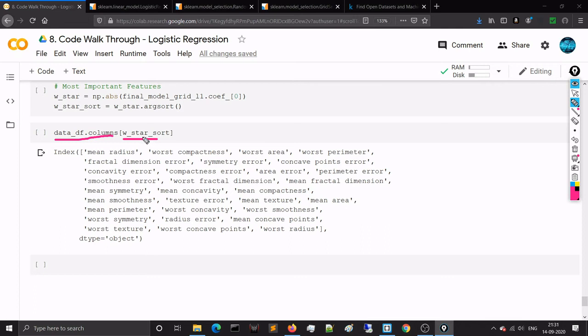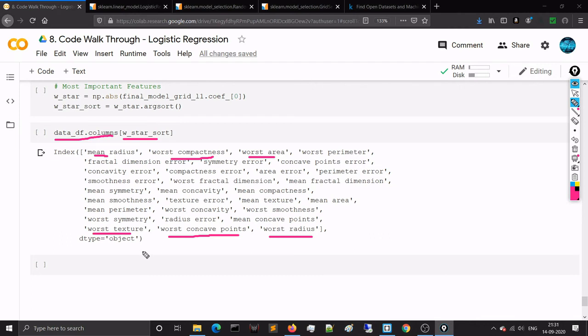Now the sorting has been done in ascending order. So mean radius, worst compactness, worst area, these are the least important features. But worst radius is the most important feature. Worst concave points, worst texture, these are also important features.